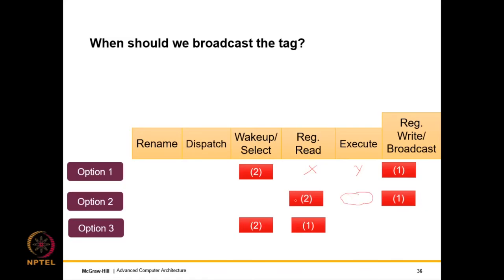Even if I were to broadcast 1 cycle earlier, that will still not work. Hence, when instruction 1 goes to the register read stage, just after getting selected, it speculatively broadcasts the tag. I'm using the word speculative because it makes an assumption that the execution will take 1 cycle. We'll come to the implications of this. But what we are essentially saying is that along with the register read, it broadcasts the tag.